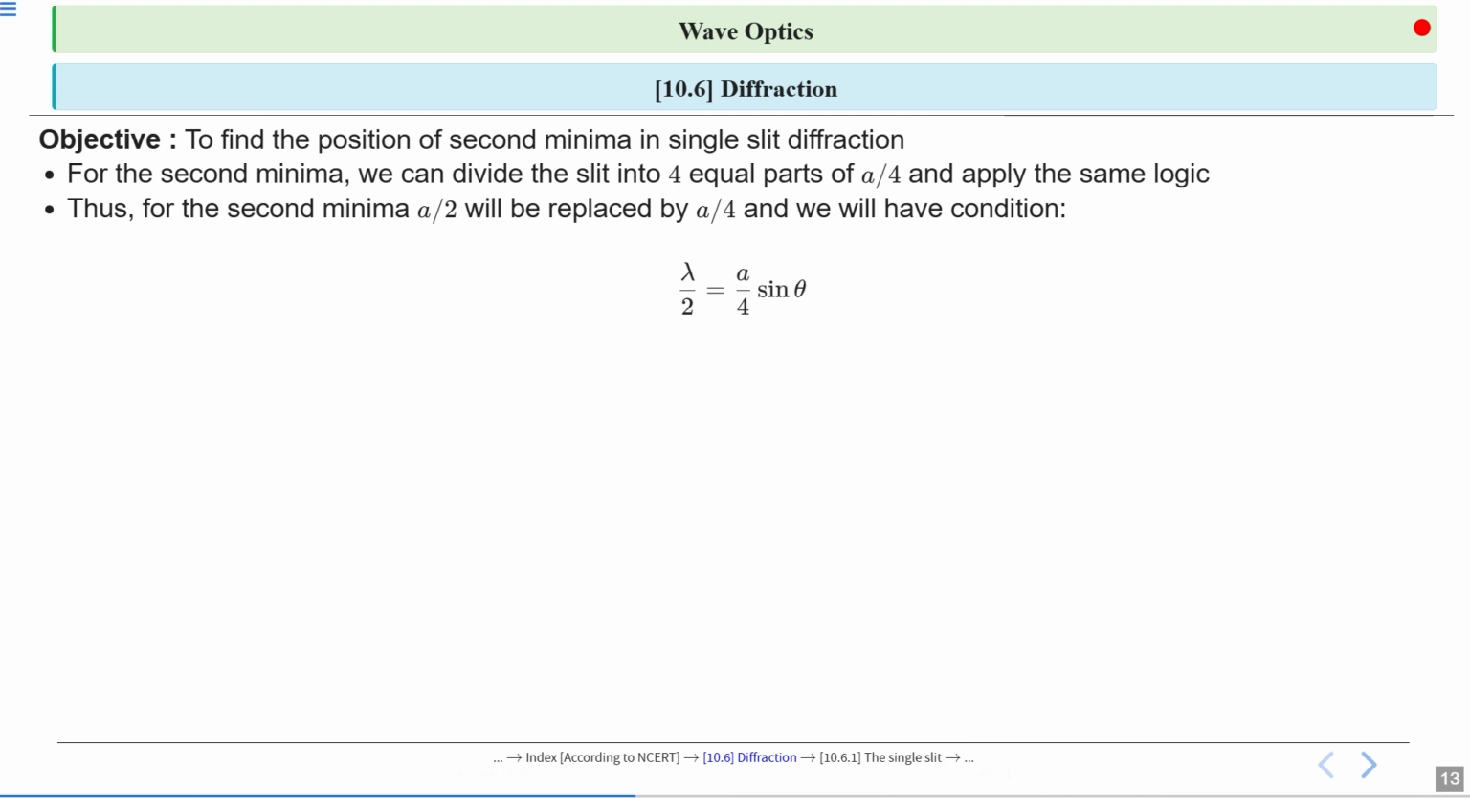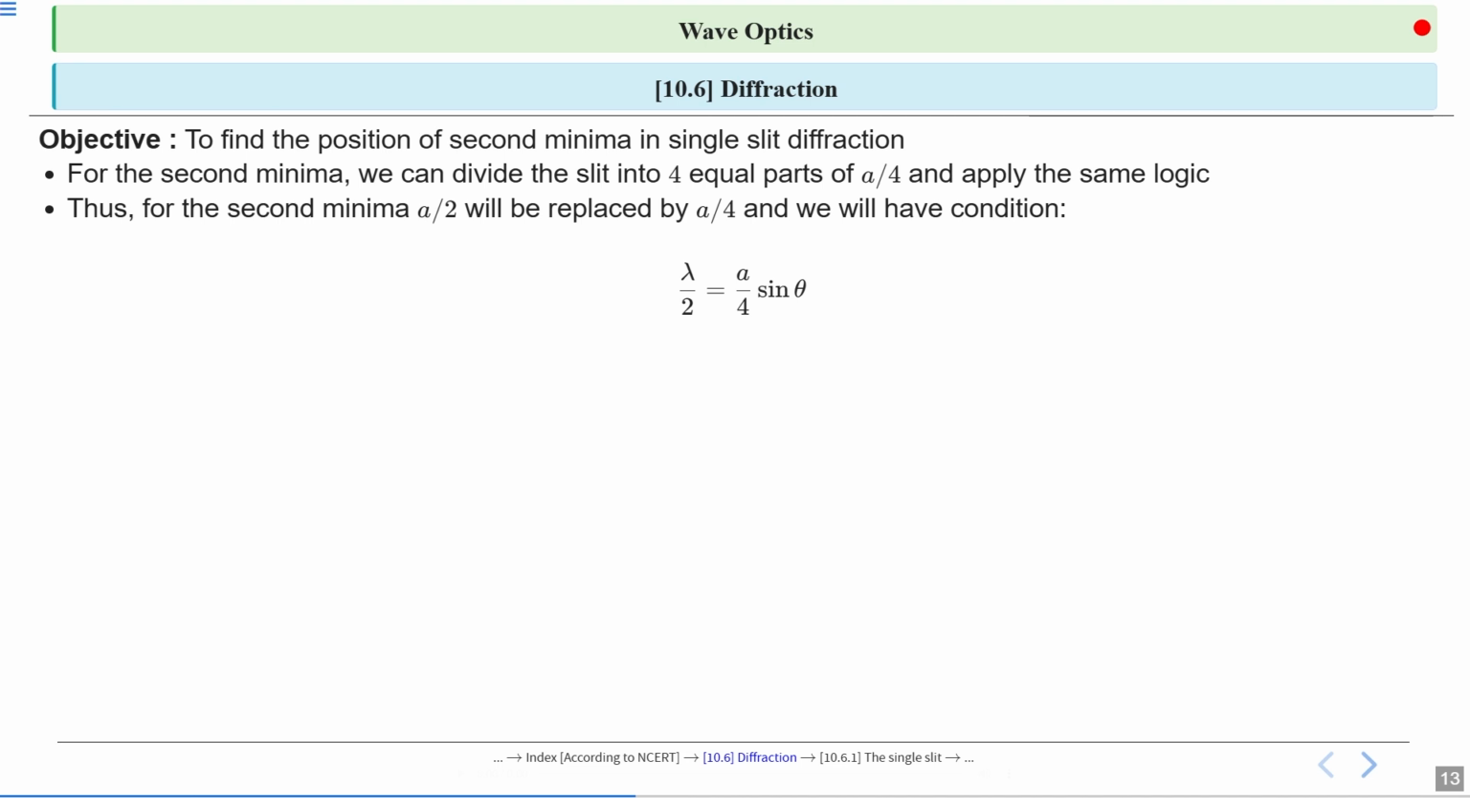So now let's look at the equation lambda upon 2. The path difference between any two sections of this slit, which is divided into 4 parts, should be lambda by 2, so that they can interfere destructively to form the minima. So lambda upon 2 should be the path difference, which is equal to the path difference between